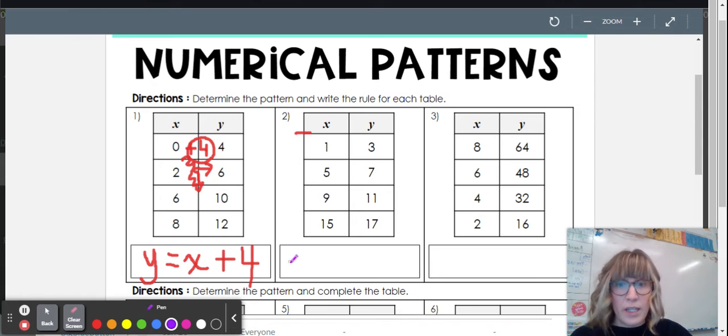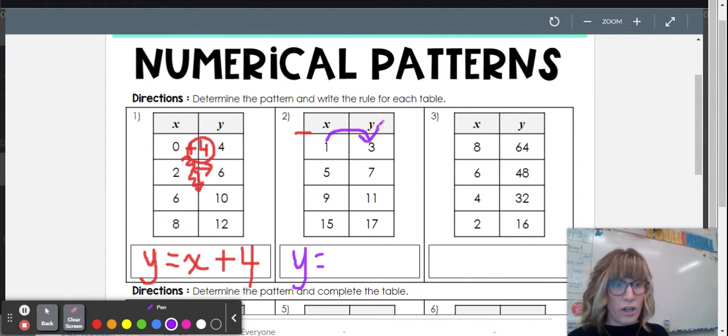So over here, we could say we're going to have our Y being equal to something. We don't know what yet, so let's dig in. So we're going to start with our X's and try to get a determination of, in this machine, now this machine can only do one thing, right? So we're trying to figure out what it can do. So you put in an X and a Y pops out. Well, this time, say we put in a 1 in the X sort of slot. How does a 3 pop out? Well, 1, we could do times 3. So if we tried times 3,